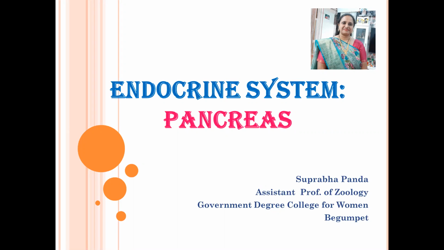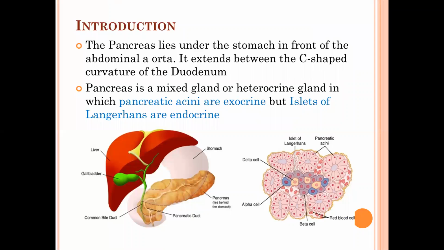And you know very well, pancreas is a mixocrine gland. It acts as both exocrine as well as endocrine. And pancreas is a pinkish leaf-like structure located at the junction of duodenum and the stomach. Below the stomach, at the base of the stomach, at the junction of duodenum, it is located, and it opens into duodenum with the help of a duct called pancreatic duct.